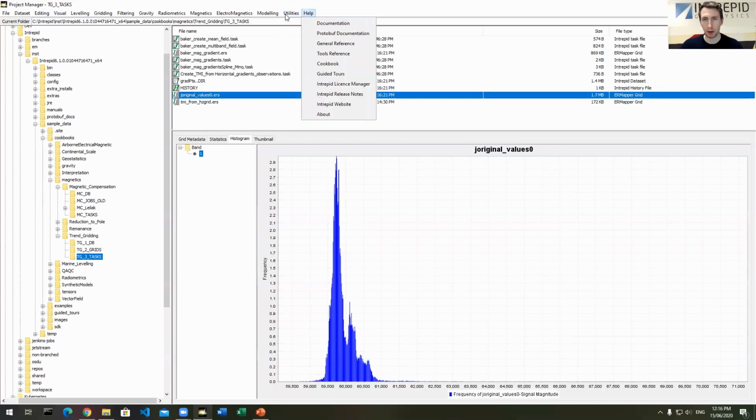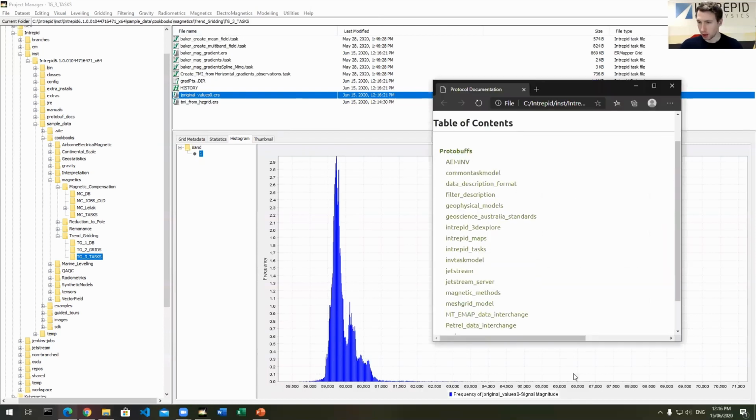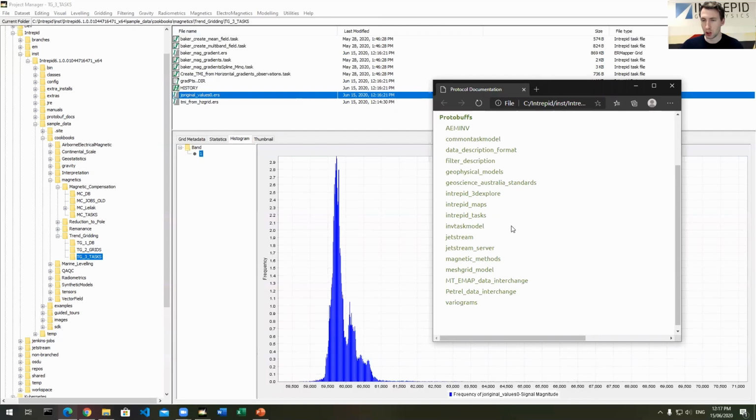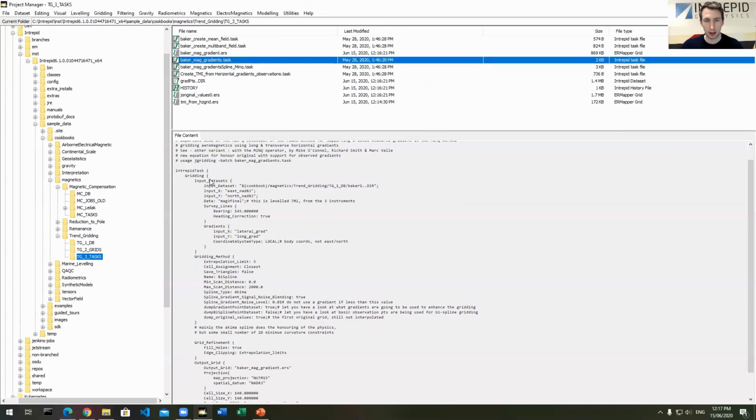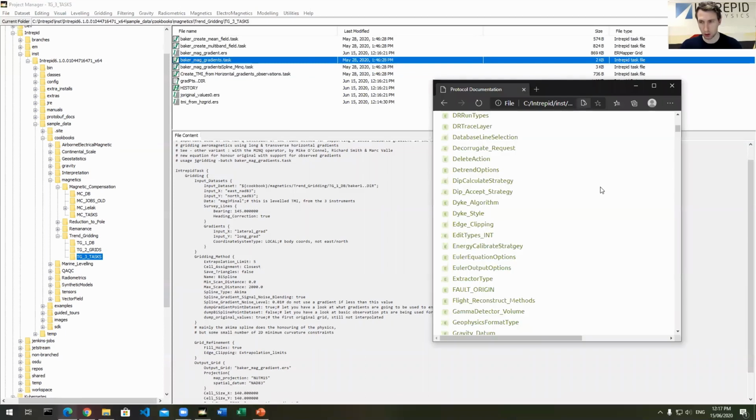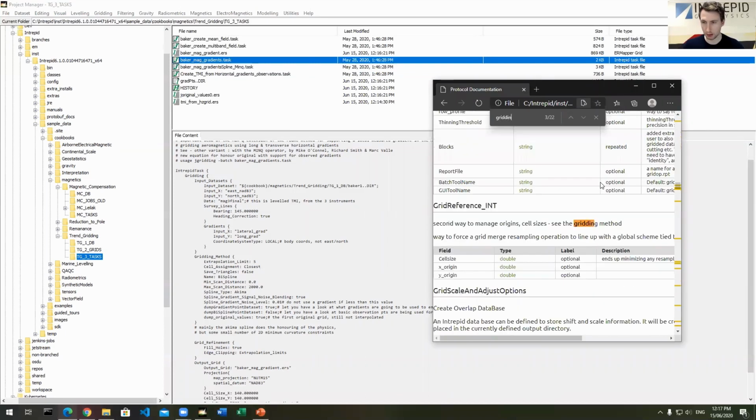Just very quickly, if we go up to help and protobuf documentation, and I'll drag this back over here. This will bring up a table of contents with the protobuf documentation. We're going to be specifically looking at Intrepid tasks. You can see there's a whole bunch of methods in here. If I go back to the Baker mag gradients, we'll see the gridding here. So if I press Control F and type in gridding,